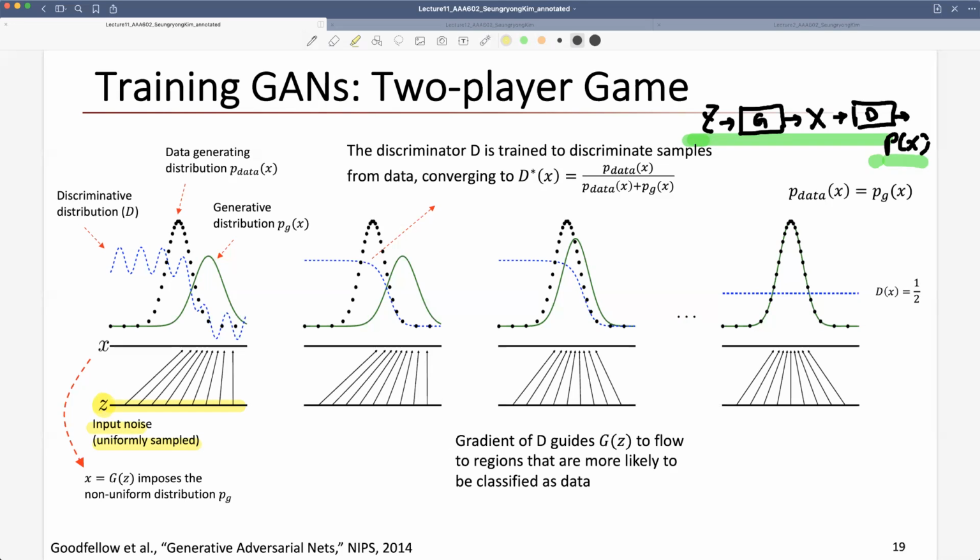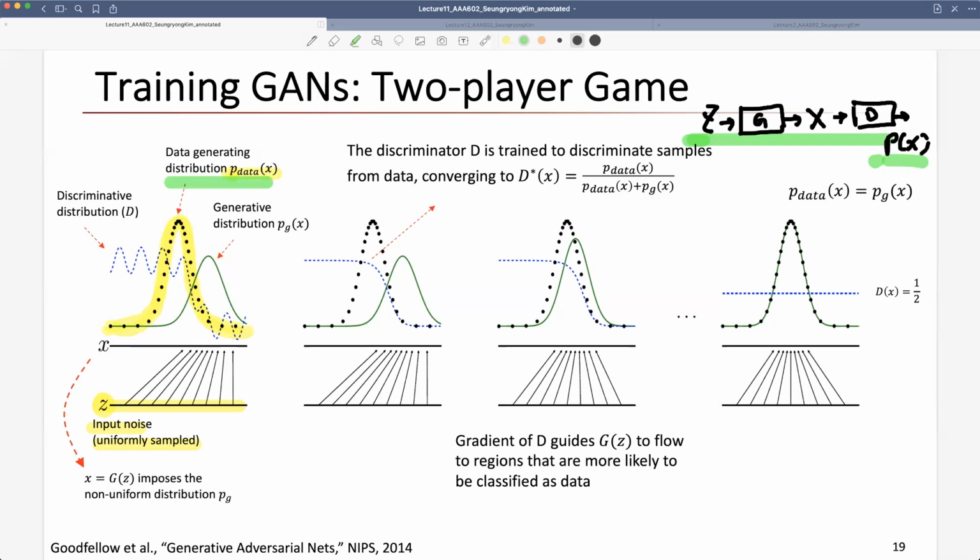Let's assume that the real data distribution was a Gaussian, looks like this, right? Real data distribution P data of X looks like a Gaussian, like this. Our goal is to train the generator to generate samples that follow this kind of real data distribution,